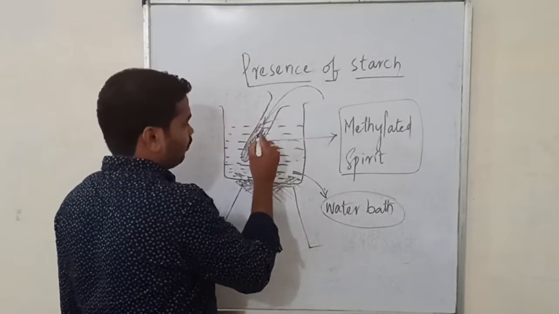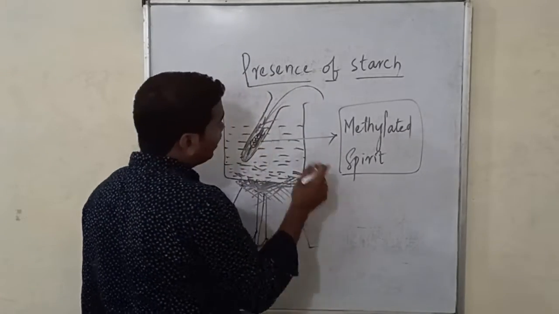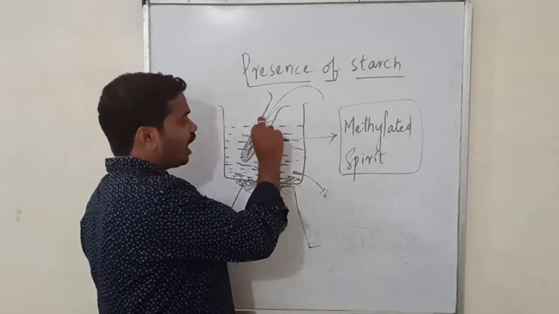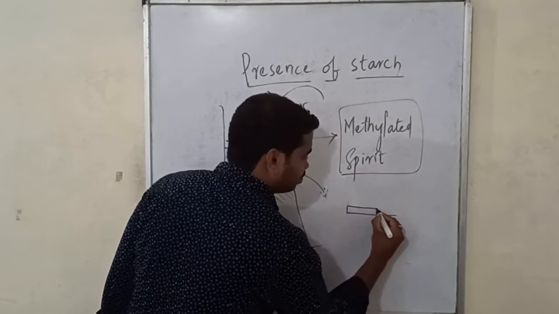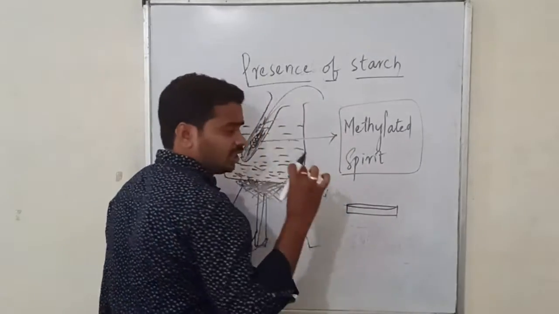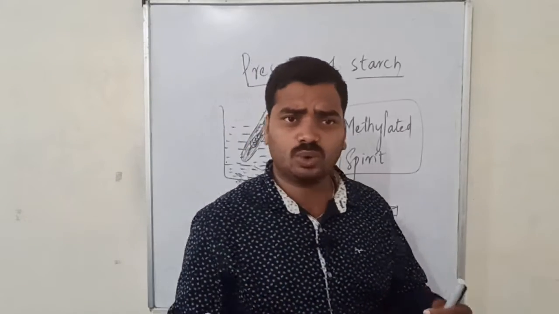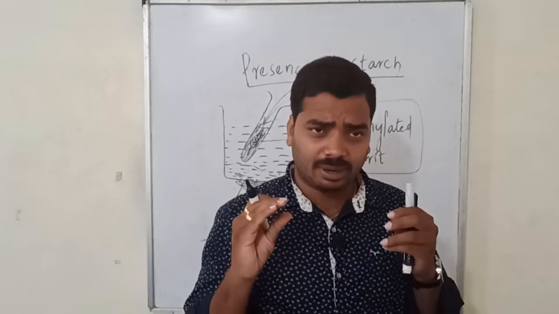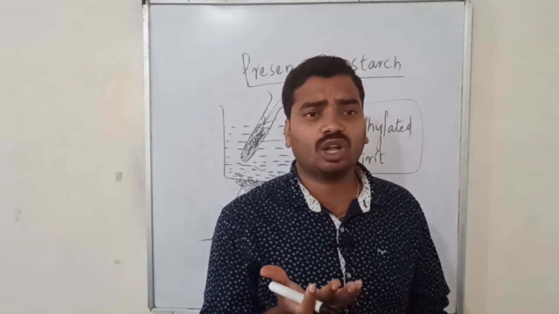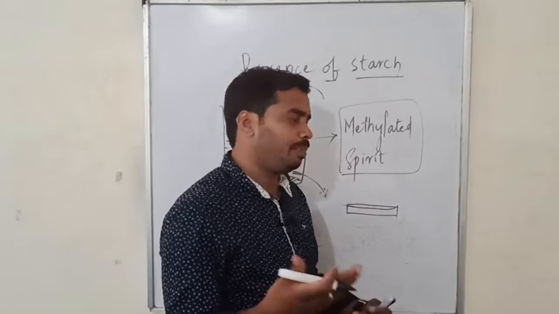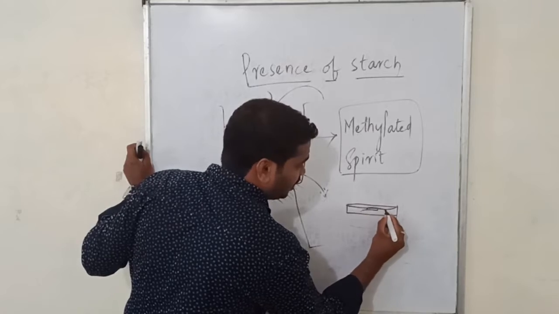Now we shall take out this particular leaf. And what we shall do? With the help of a spatula or forceps, we have to take it out gently and place it in a petri dish. A petri dish is a small dish with a very thin wall surrounded by it. It's a kind of plate, like the plates we use to eat in our homes, right? If that is made of glass and has a diameter of 6 to 7 centimeters, then such a plate is nothing but a petri plate or petri dish. It is named after a scientist Petri. So in this the leaf is placed.